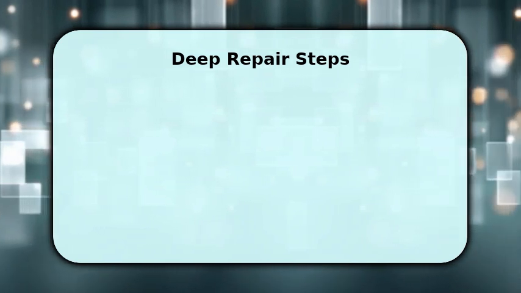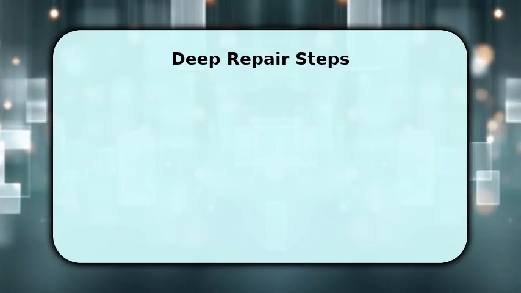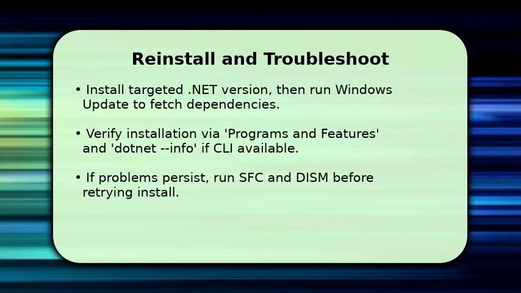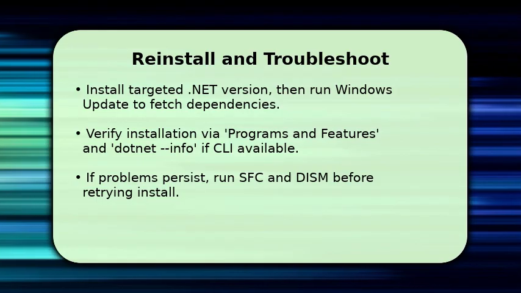Finally, reinstall the correct .NET package you downloaded and then run Windows Update to grab any required dependencies. That ensures supporting frameworks are present. After install, confirm success in Programs and Features, and if you have the command line, run dotnet --info or check